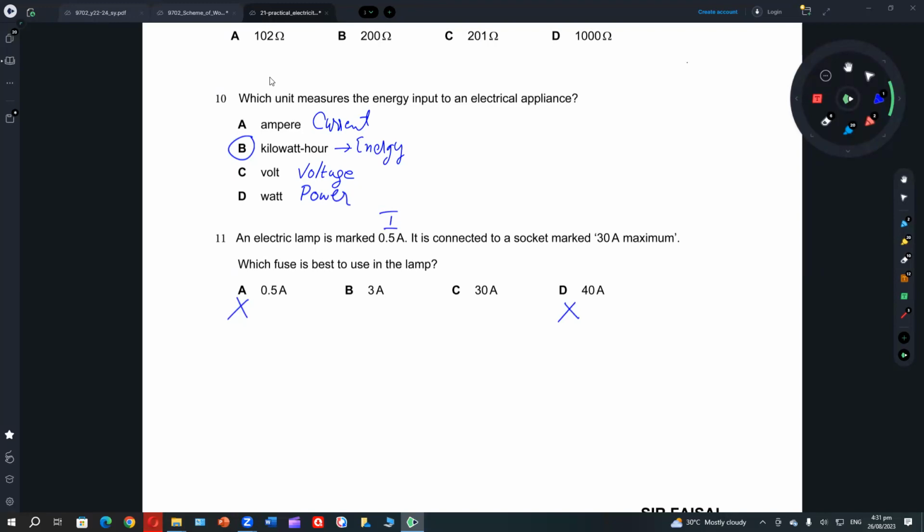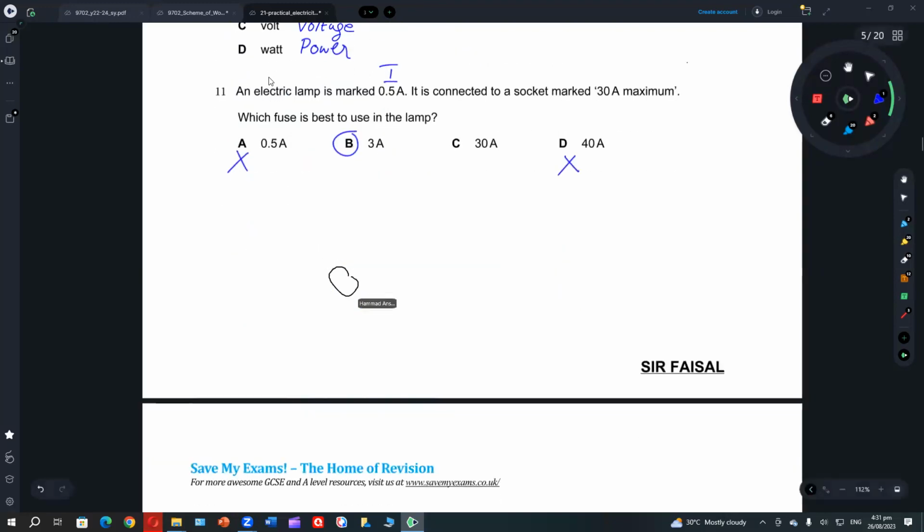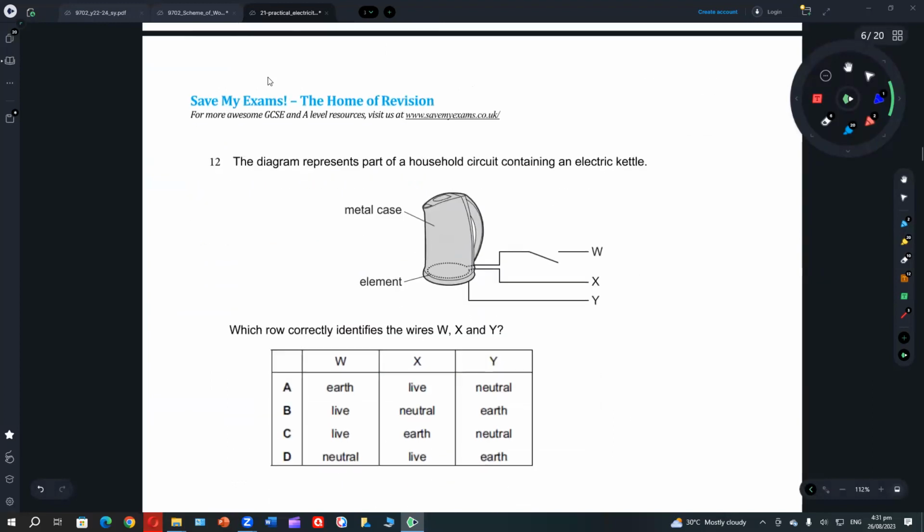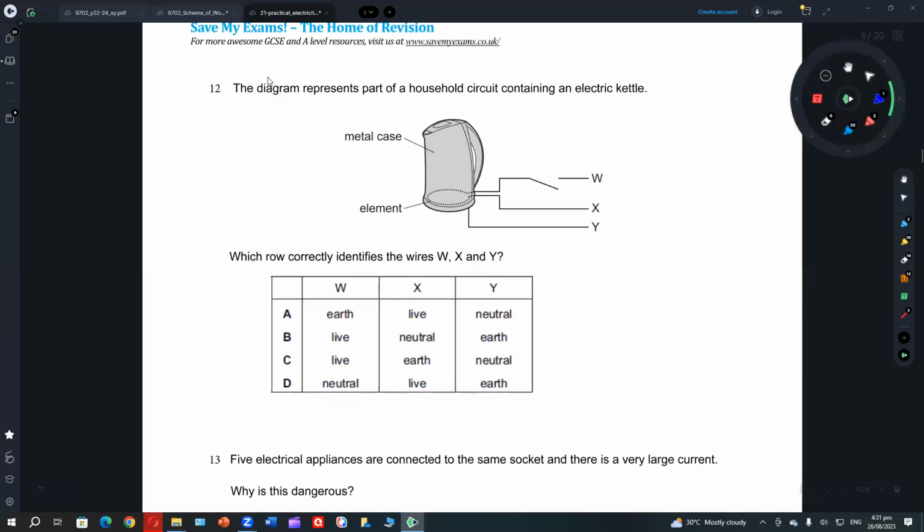Three. 3 ampere is a good choice because it is a bit more than 0.5 ampere. Now the diagram represents part of a household circuit containing an electric kettle. Which row correctly identifies the wire